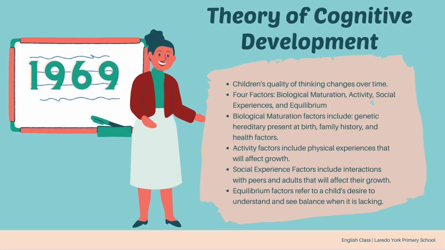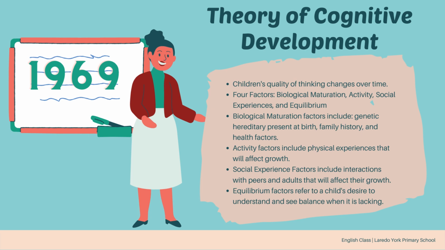Up next, we have the theory of cognitive development, introduced in 1969, which is the year my mother was born. Children's quality of thinking changes over time. There are 4 factors: biological maturation, activity, social experiences, and equilibrium. It took me quite some time to understand what the equilibrium factor meant, and I'll get to that in just